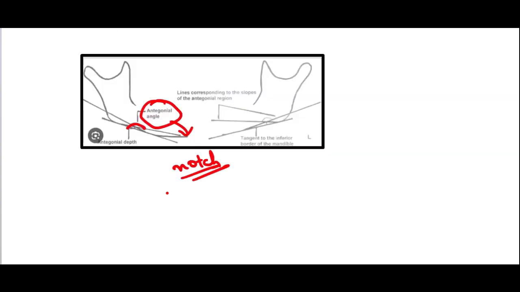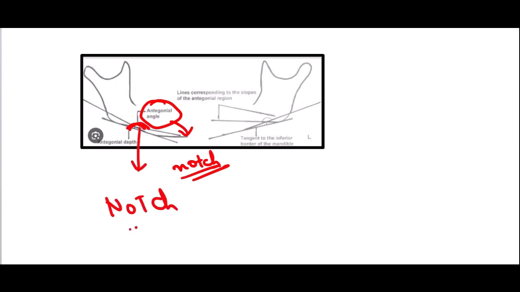So in case of TMJ ankylosis, where there is restriction in jaw movement, the depressor muscles, which pull the jaw down, become relatively stronger compared to the elevator muscles that lift the jaw. So this imbalance in muscle function can cause the depressor muscles to exert more pressure on the lateral aspect of the mandible, leading to noticeable concavity